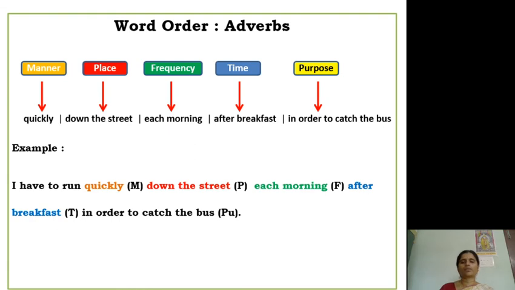So this is the order which we have to follow when we get more than one adverb in a sentence. Usually a sentence starts with a subject and it is followed by a verb. If we have any object, it follows the verb. After the verb we place the object, and after that we get other elements like where, when, how, why. So we have to place them in such an order to make it a grammatically meaningful sentence. This is all about word order.